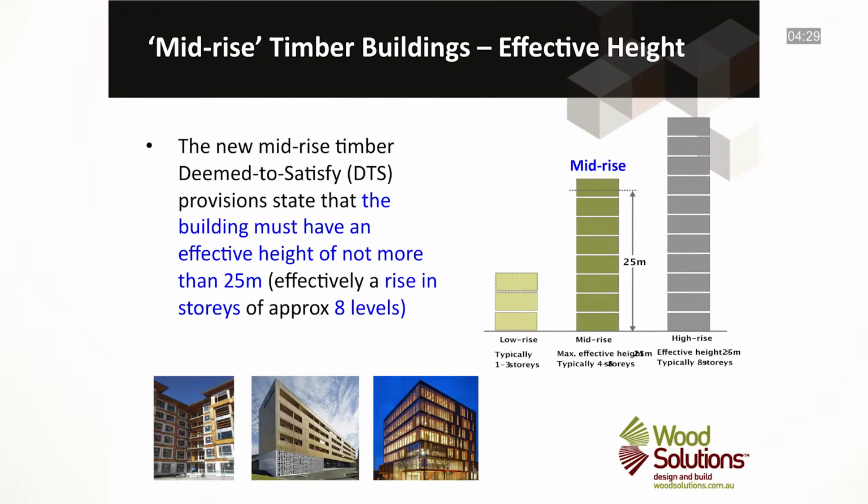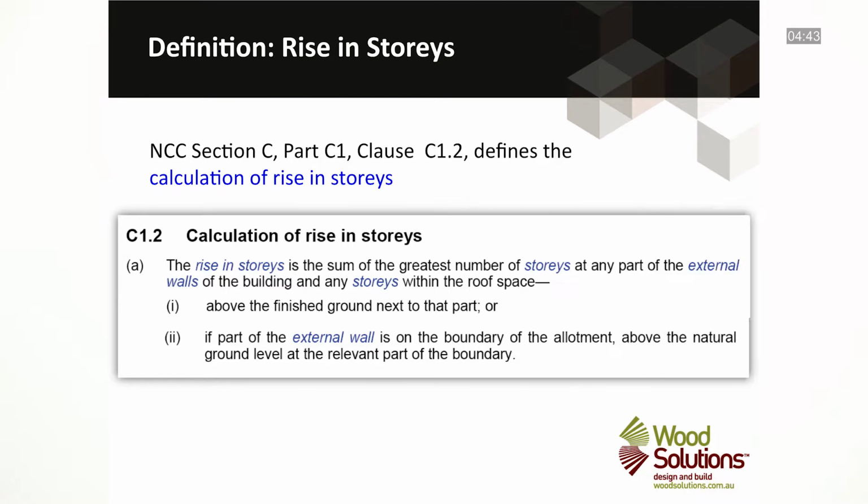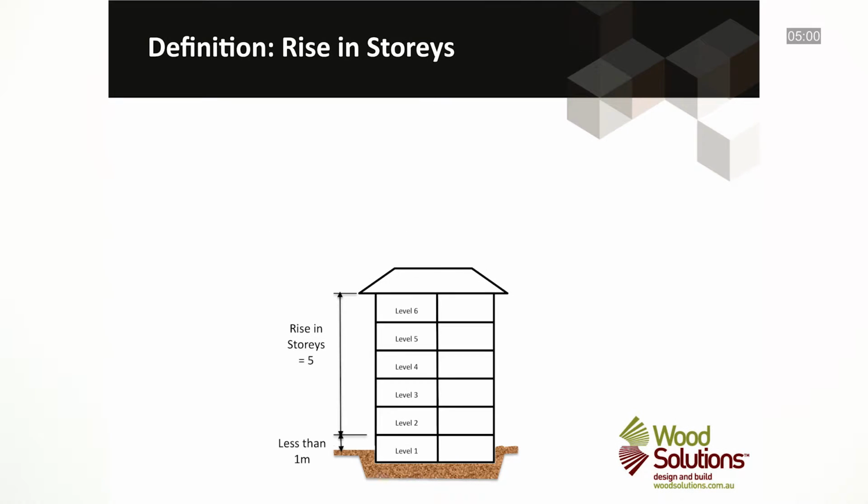The new mid-rise deemed to satisfy provisions state that the building must have an effective height of not more than 25 metres. This is effectively a rise in stories of approximately 8 levels. NCC Section C, Part C1, Clause C1.2, defines the calculation of rise in stories as the sum of the greatest number of stories at any part of the external walls of the building and any stories within the roof space, either above the finished ground next to that part, or, if part of the external wall is on the boundary of the allotment, above the natural ground level at the relevant part of the boundary. A story is not counted if